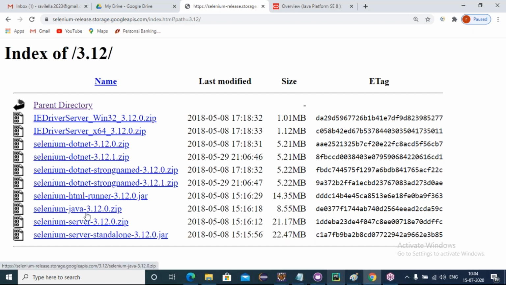If you want to run your WebDriver scripts locally, you download this Selenium Java 3.12.0. If you want to run your scripts remotely, then we download Selenium Server Standalone 3.12.4. Like this, we come to the previous releases and download older versions of the language bindings.